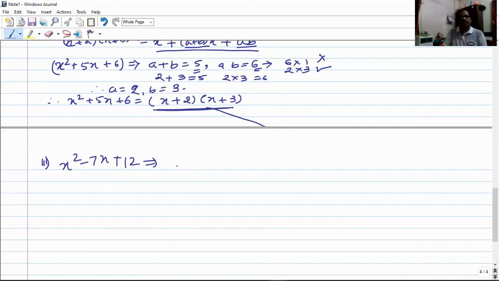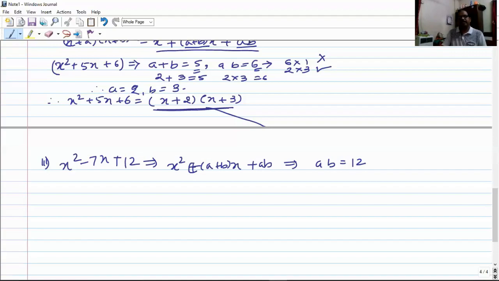So student, here again we compare it with x square plus (a plus b) times x plus ab. We write it in the form of x square plus (a plus b) times x plus a into b. So student, first get the value of ab from it. What will be the value of ab? Means the product of two numbers is equal to 12, and here instead of this plus sign I can take minus